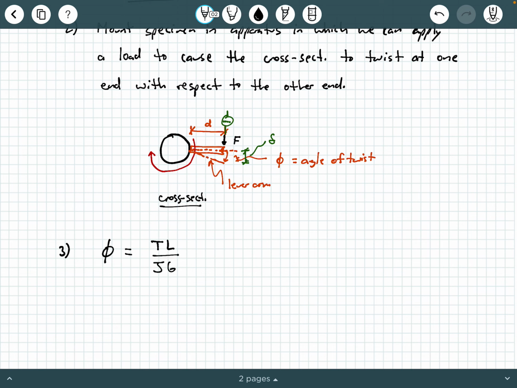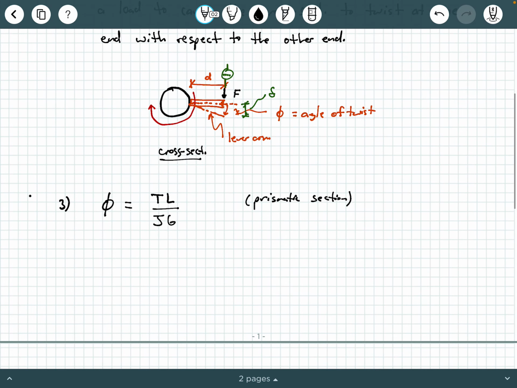And so again, remember we've got a prismatic section, which, if you remember some vocabulary, prismatic means you have a constant cross-section. In addition to that, we're going to assume we have a constant material property, so G is the same throughout the length of the specimen. And so what we can do is quickly rearrange this, and we can get G equals TL over